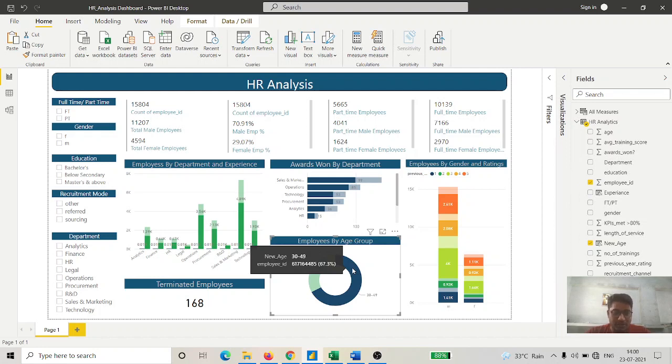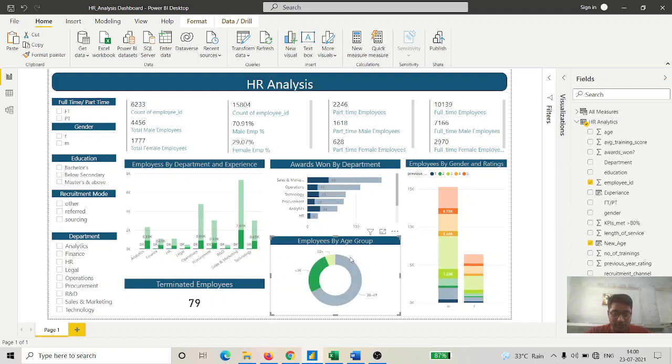Their number is so large in the organization, so we can make policies according to the ages. Like if they are older, then we can give more incentives, or they can be more useful in the organization because of their experience. If they are in the age group 30 to 50, then they can be more productive in the organization. Okay, in advice-wise, or work-wise, or anything you can say. So these are the things I wanted to visualize.